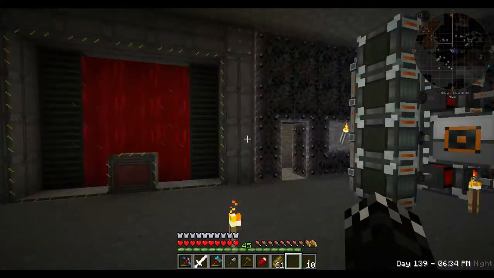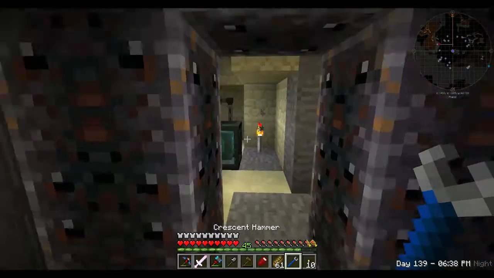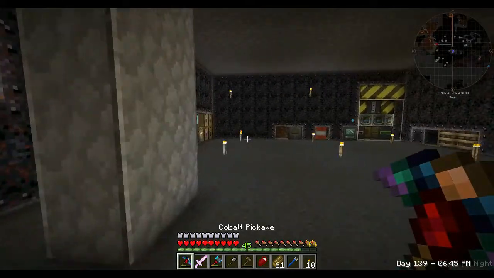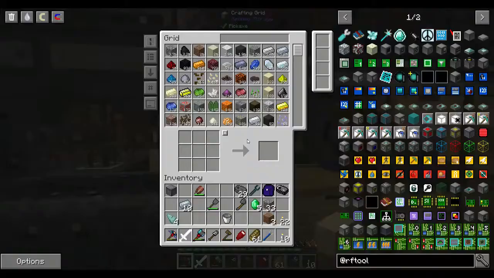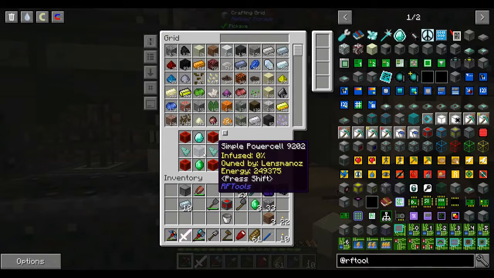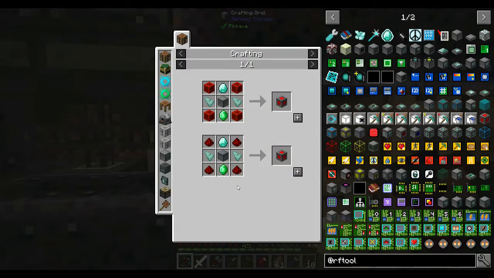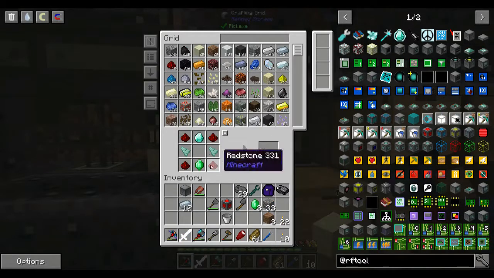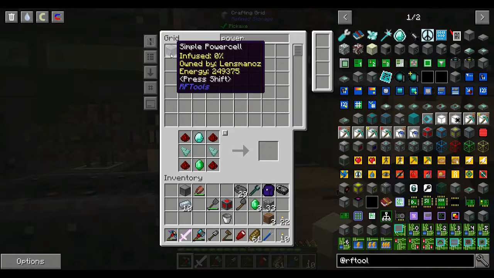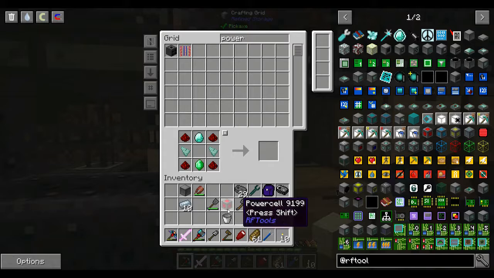What? Alright, so let's grab... I don't know if the wrench works on it. Let's pick you up. Take you over and turn you into the next level up. The power cell. Oh, whoops. That's not what I wanted to do. Is that not the recipe for... I guess I can't do that. Because it has energy in it, or...